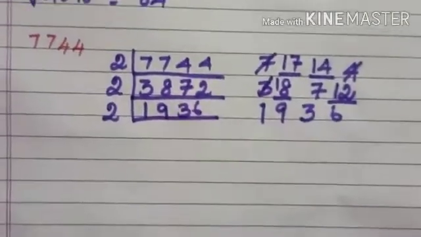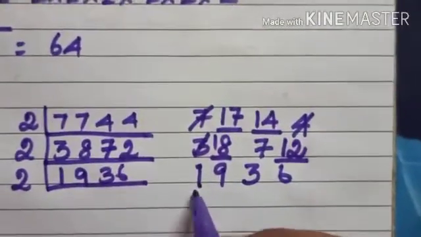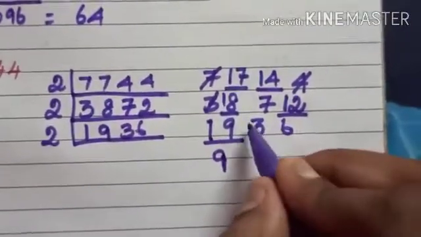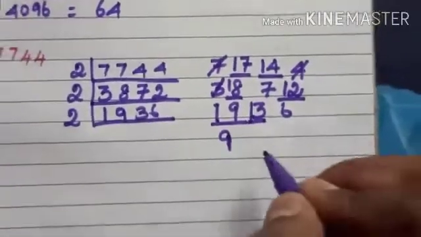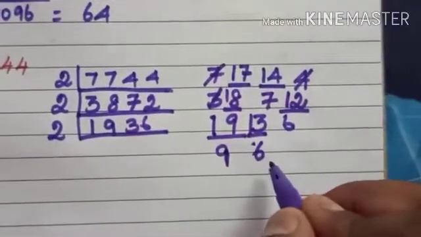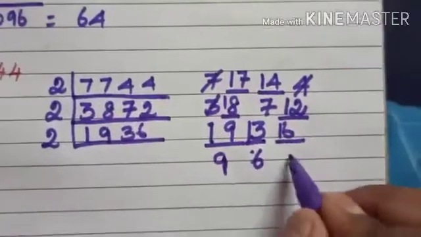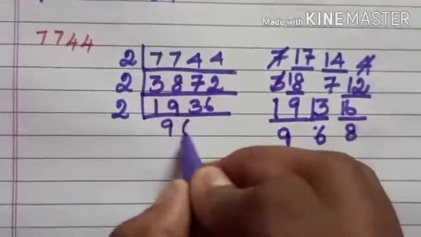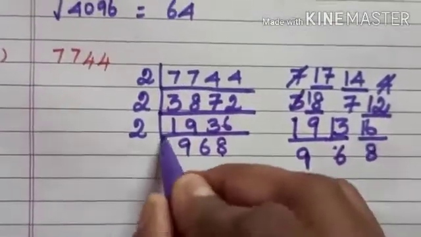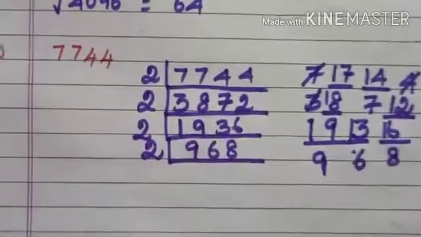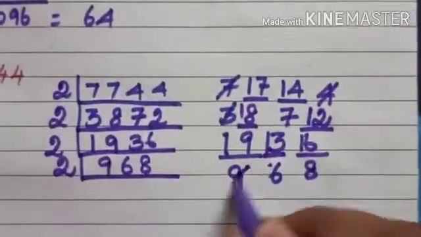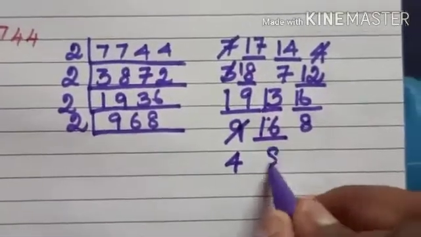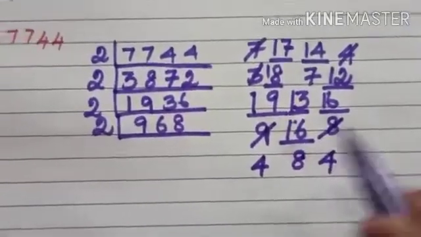Now go with the 2. So now 1 is smaller, so you take 19. How many times? 9 times. 18. Remaining 1. So now it becomes 13. 6 times. 6 2s are 12. Remaining 1. 8 2s are 16. So the number ends with 8. So now again with 2. So 9 becomes how many times? 4 times. 1. So 6 becomes 16. 8 times. 4 2s are 8.